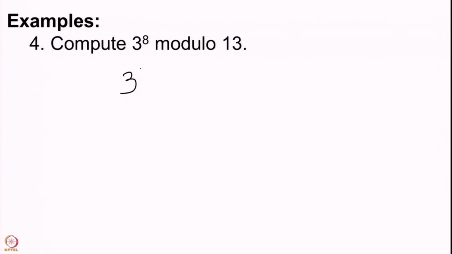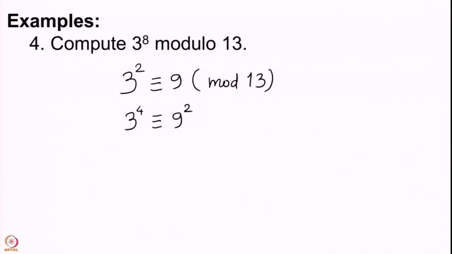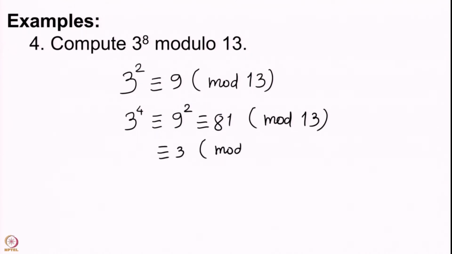Alright. So, let me do this problem as well. Let us compute all powers of 3. So, we know that 3 square is congruent to 9 modulo 13. Therefore, 3 power 4 is going to be congruent to 9 square modulo 13. 9 square is 81 and 81 is, we need to remove multiples of 13, 13 into 6 is 78, and once we remove 78 we get that this is congruent to 3 modulo 13,